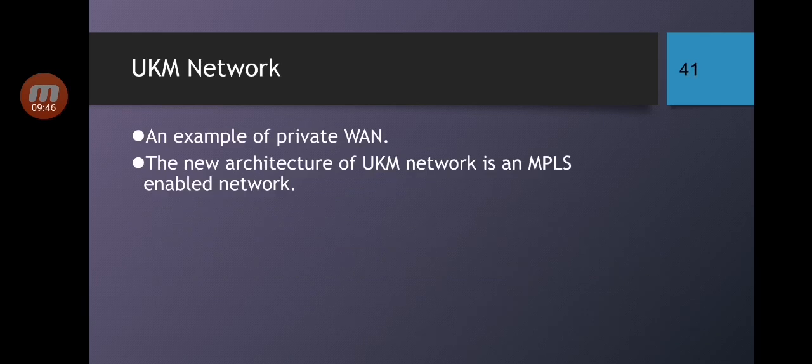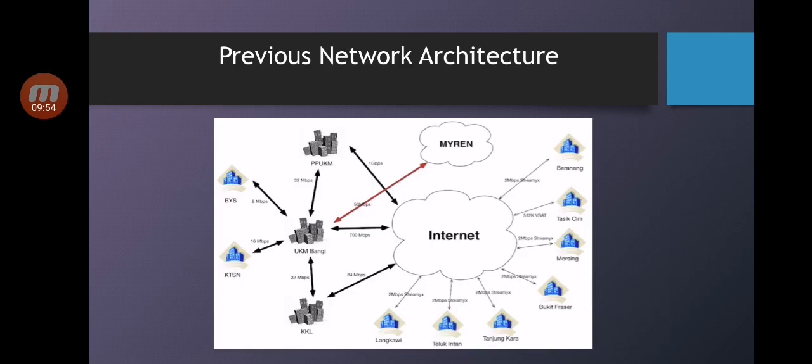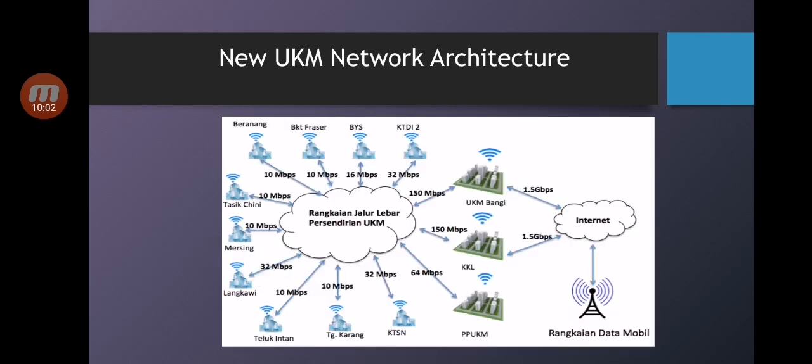UKM network is an example of a private WAN, where the new architecture of the UKM network is an MPLS-enabled network. This is the previous network architecture. Now, UKM network architecture linking all the research centers, the campuses,